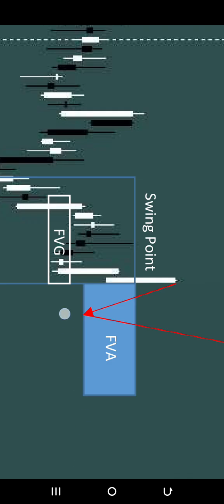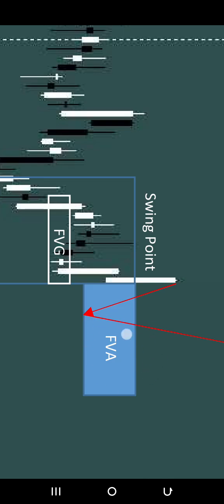All right. So now look at it. We are expecting that price will come into this fair value area. Now look at it, there is another fair value gap here. This fair value gap has been mitigated. It pushes price up and created a new fair value gap. Now price should come down into this fair value gap, and this fair value gap will push price away. This area where fair value has not been offered is called the fair value area.